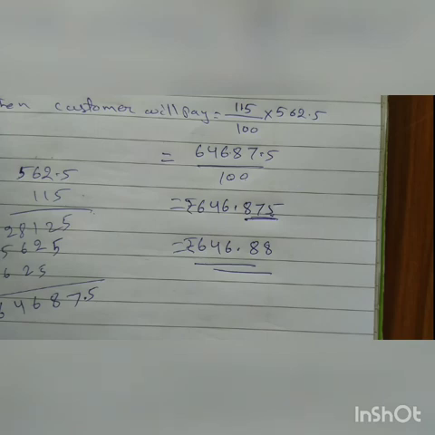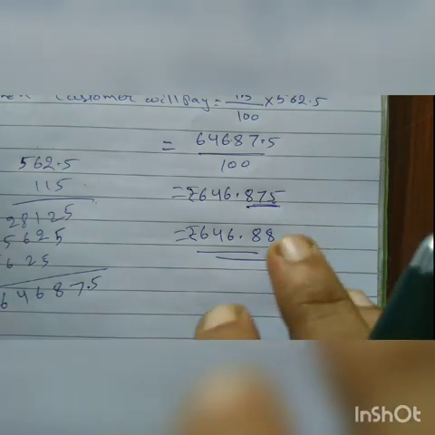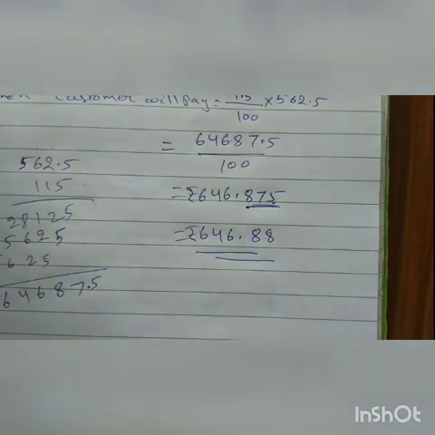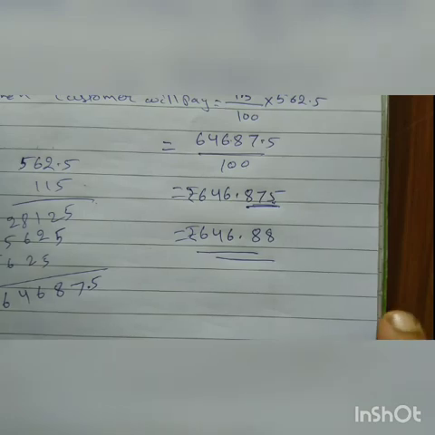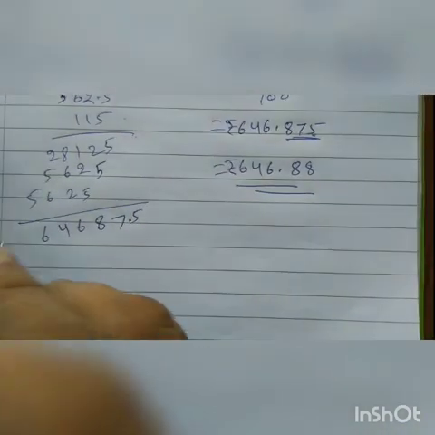Then it is given question number 4. The price of a refrigerator is given as 14,900. 12% sell tax is charged. So what is the amount of sell tax? Only the amount of sell tax is asked. Sell tax is calculated on the selling price. So what is the selling price? Selling price is 14,900. So simply you will find 12% of 14,900.